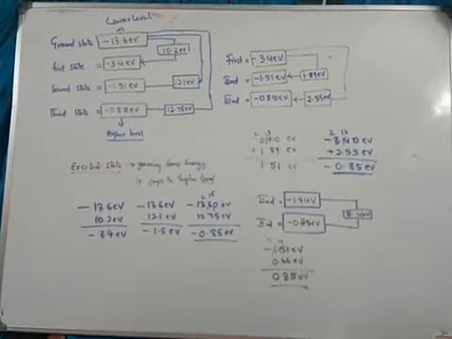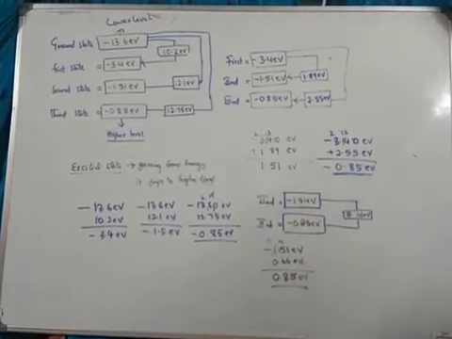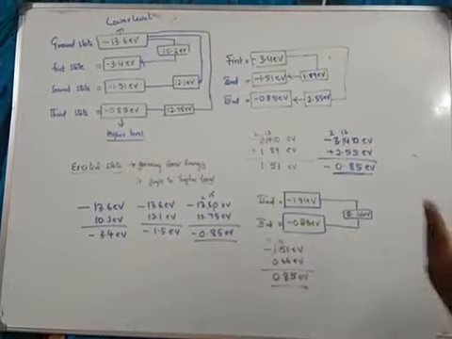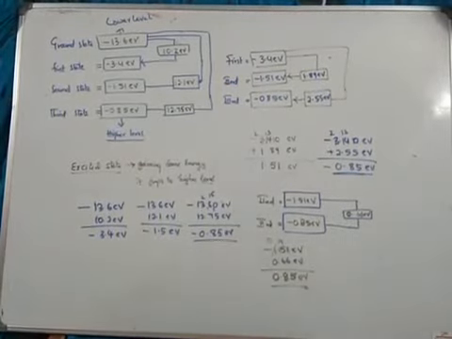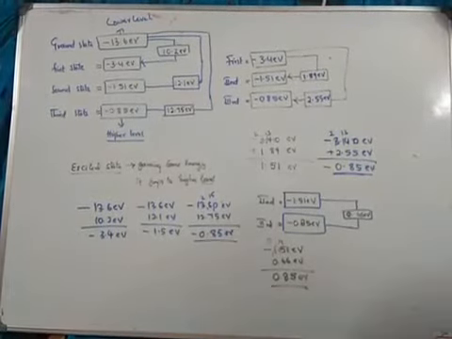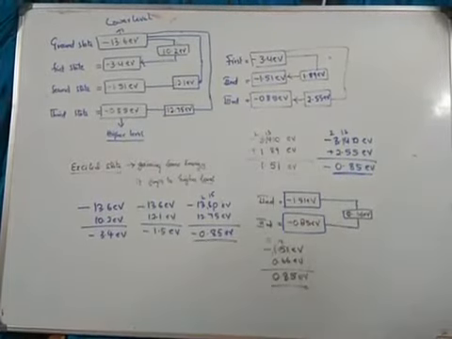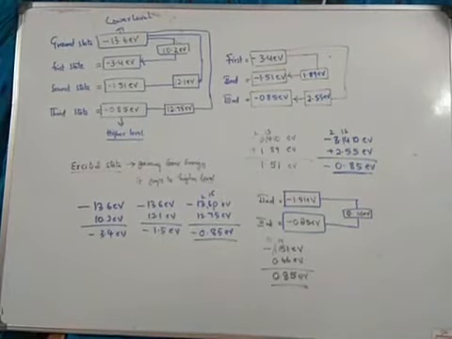In the same way, for first to second, the first level we have minus 3.4 electron volt. If it gains 1.89 electron volt, then it goes to minus 1.51 electron volt. First to third, minus 3.4 electron volt, if it gains 2.55 electron volt, then it's minus 0.85 electron volt. For second to third, the second energy level we have minus 1.51 electron volt. If it gains 0.66 electron volt, then it jumps to minus 0.85 electron volt.